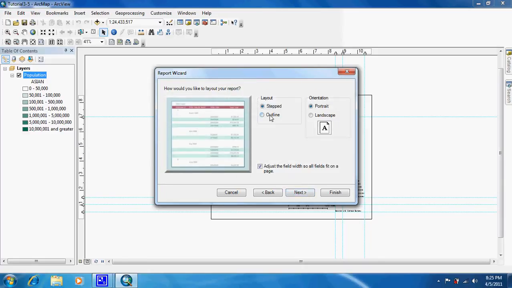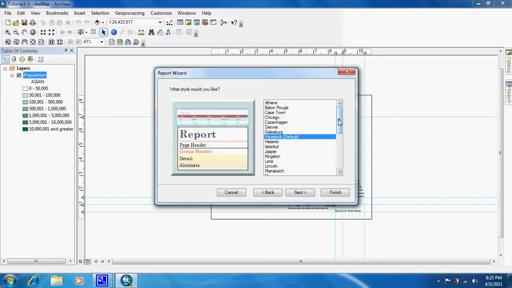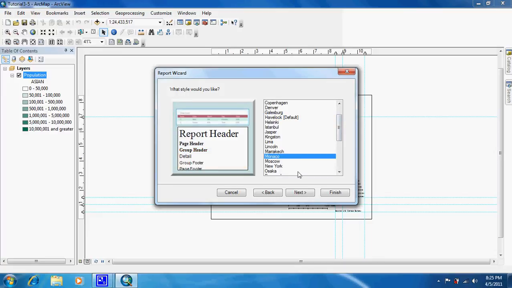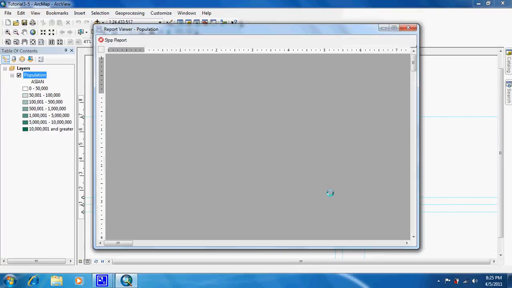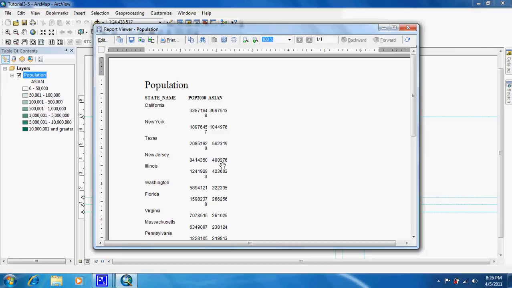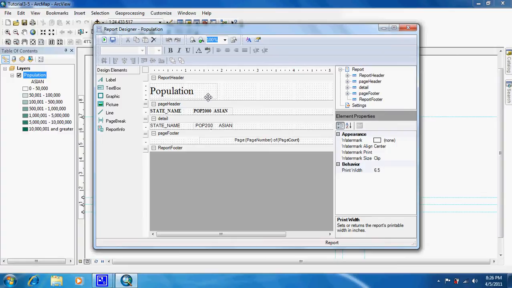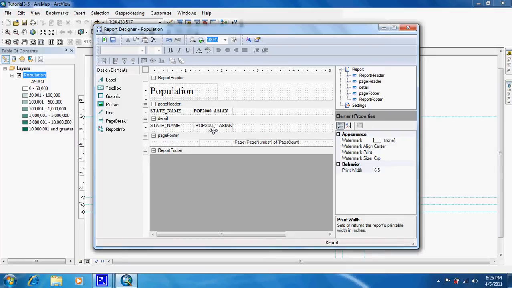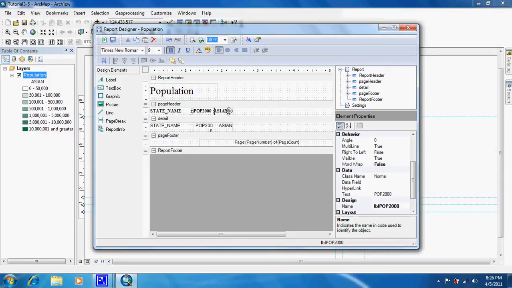Next, we want outline chosen. Next, and we want to choose this option right here. Then when that is done, finish. As you can see, it's kind of messy, so we're going to edit it and clean it up. And we are going to rearrange this a little bit. We're going to put that there, this over here,